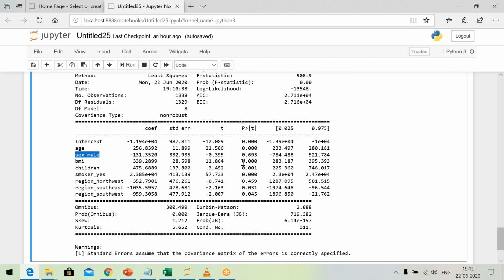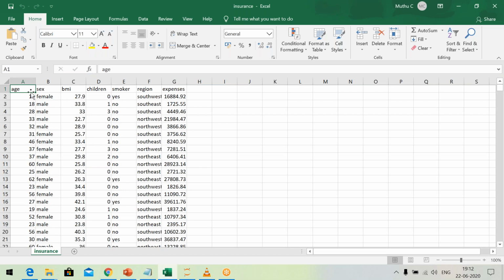What about this one? The next value, 0.0, is less than 0.05. That means BMI is important. So these p values tell us which independent variables matter. We have so many independent variables, right? Age, etc. This one is important, this influences the value. It is also logical: when I become old, I have to spend more towards medical expenses. This one is not important. Nowadays males and females are equal in all aspects, so gender is not going to decide your medical expenses, so you can drop that variable.